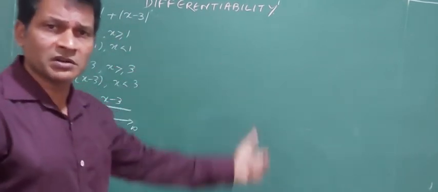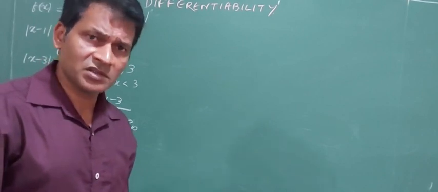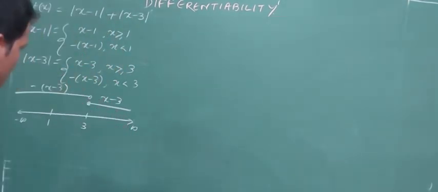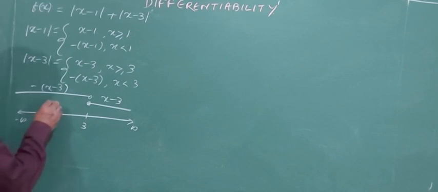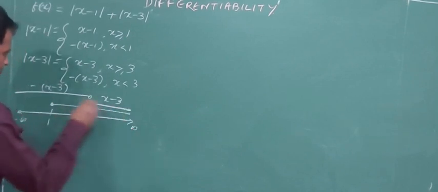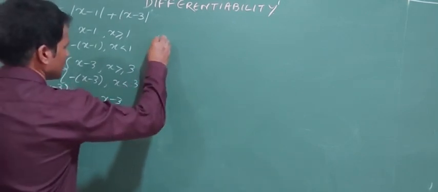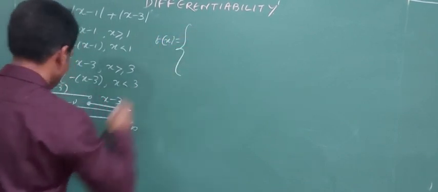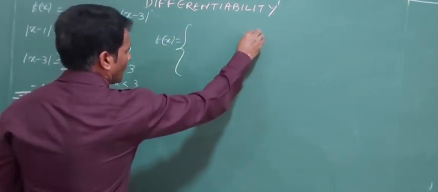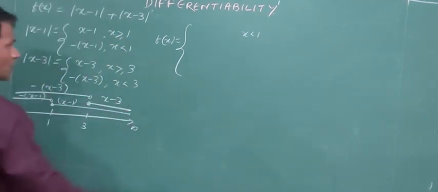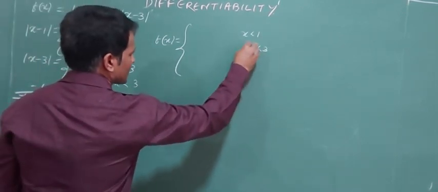The complication may be 2 modulus or 3 modulus, and sine and cos can come. You must have the idea about the number line. Then comes here 1, right hand side x minus 1, minus x minus 1. That means the number line is divided into 3 parts now. First one, second one, third one. I hope you people are following. I am generating a function here. f of x is equal to, the first one, x is less than 1. Second one, x is less than 3, greater than or equal to 1.